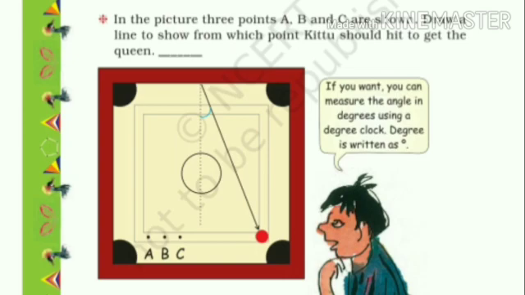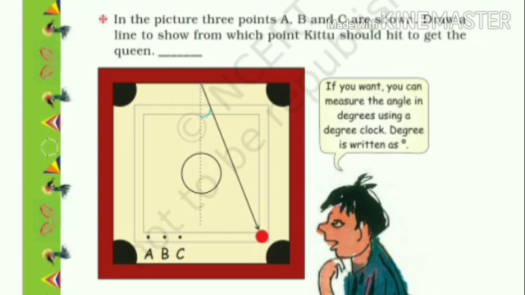So here the 3 points are given, A, B, C, and one angle is also given, and opposite sides we need to see. So let's start with the first, C. If I am pointing out from C, the angle which is shown over the Kittu side is not the same angle by making of C. So I am coming to the angle B. If from B I am making a line, this is a little less than the angle which is already given. So this is also not the same if he wants to get the striker back, the queen back.